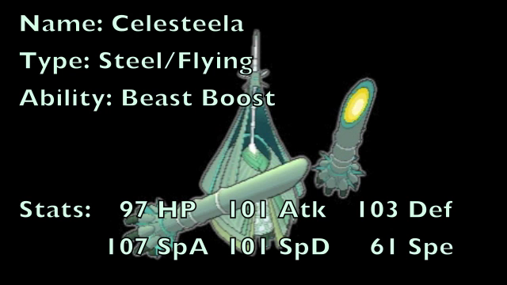So to start things off, Celesteela is a new Steel Flying type Pokemon introduced into the 7th generation, and the second Pokemon ever to possess this unique typing, the other of course being Skarmory. But being one of the Ultra Beasts, as its ability, Celesteela has access to the unique Beast Boost ability, which upon KOing an opponent's Pokemon will provide Celesteela with a +1 stat boost to whichever stat it has with the highest numerical value. And for those base stats, this Pokemon has a base 97 HP, 103 defense, and 101 special